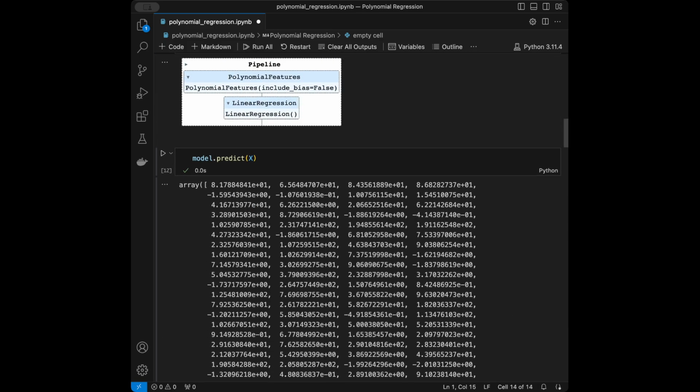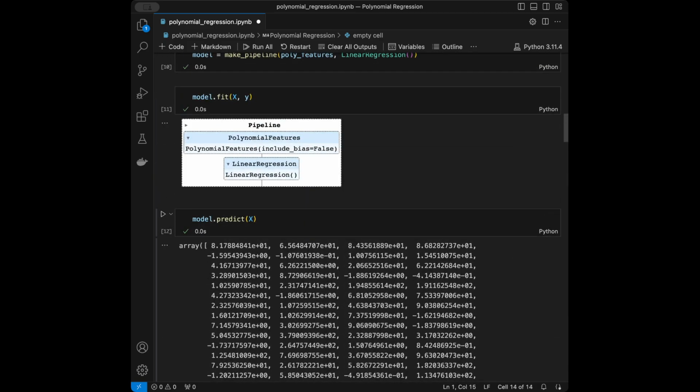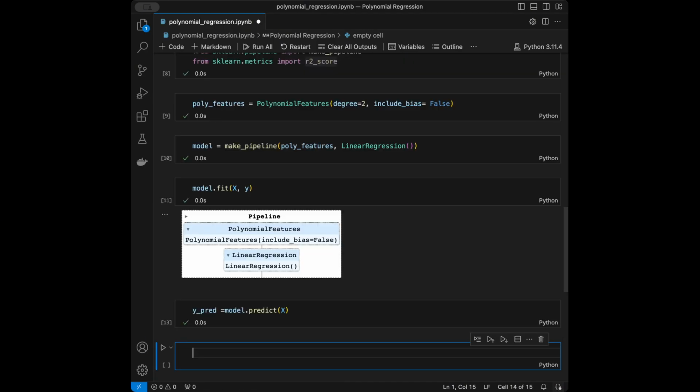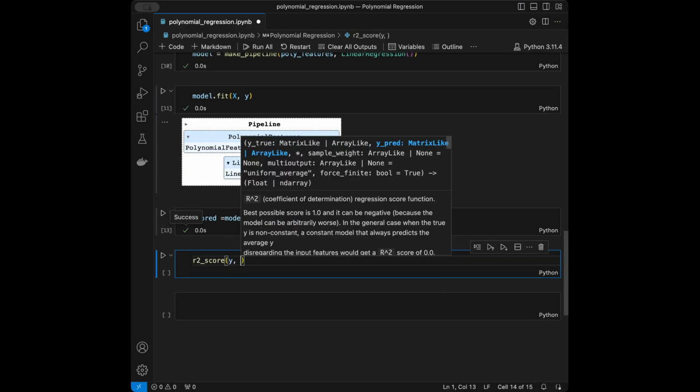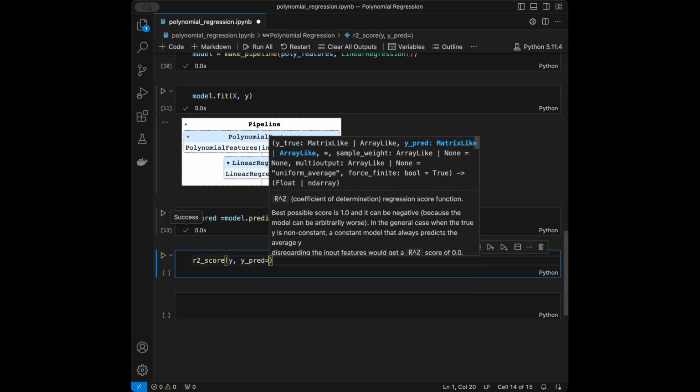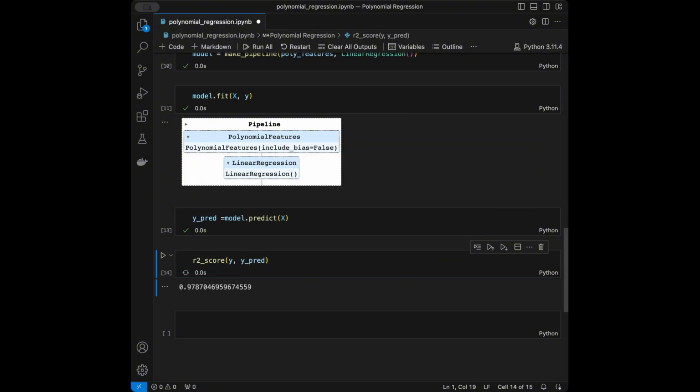Now we have these values. As you can see, we make predictions with the model and store them in something like y predictions. Next up, we can get the r-squared score. Using this, we will give the true y values and the predicted ones from the model we created, and